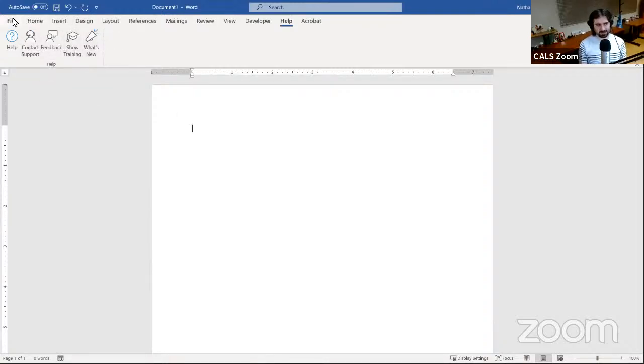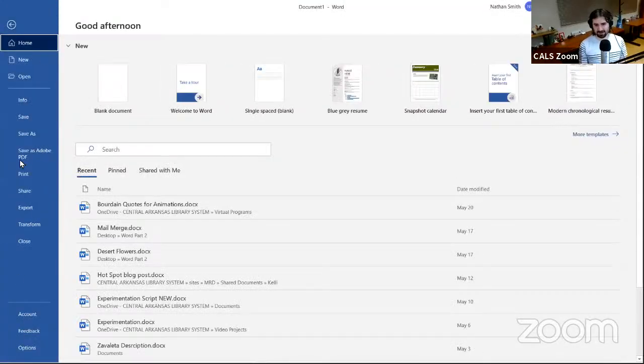And then finally, there's the File tab on the left here. If I click on that, it takes me to this view, which Microsoft calls the Backstage. It's very similar to the sort of home screen that we started out with, and has most of the same functions. But in addition to the stuff that was over here on the left when we first started, we have